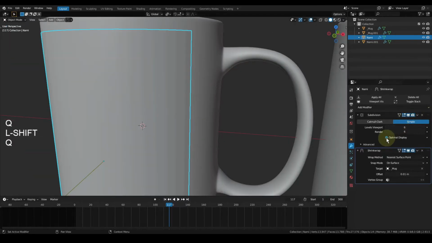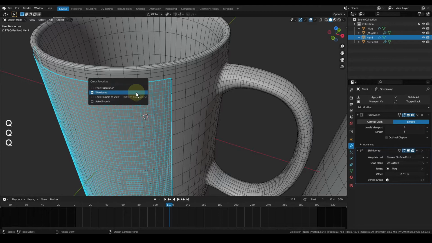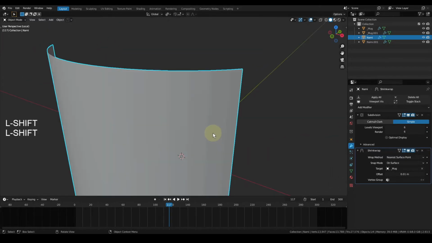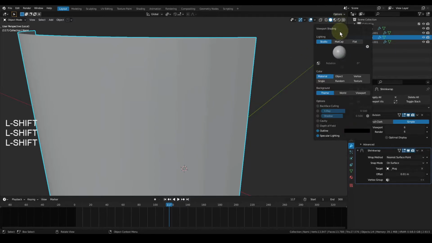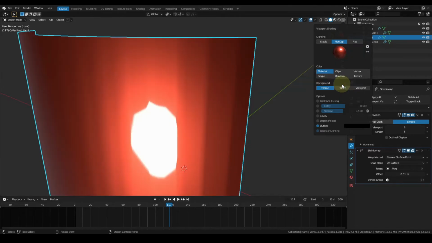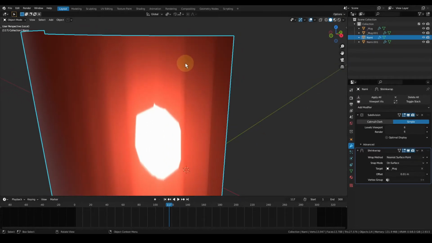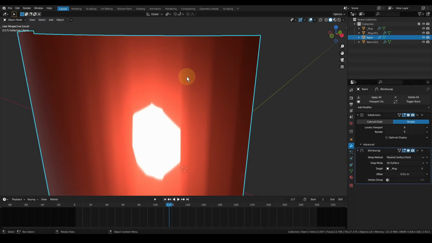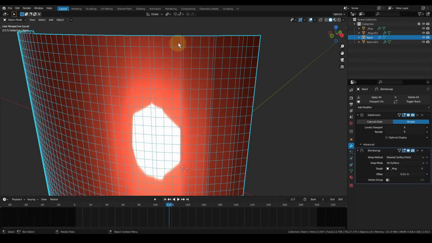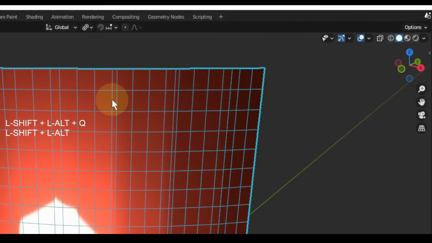I'll remove the optimal display. Okay. I'll just explain to you why these lines are appearing on your model on the plane. I'll change the matcap to this reflective. Now you can see this line. These are because of the dense geometry. What I mean by that is you can see wherever these lines are, just keep an eye on this line, and I will enable wireframe mode. You can see these two edges are much closer